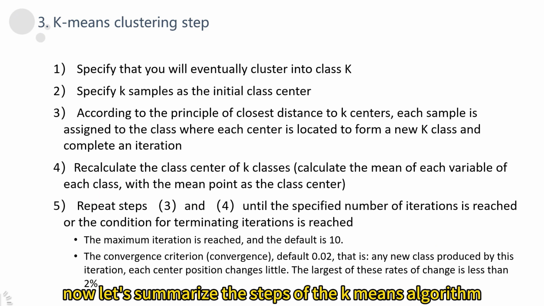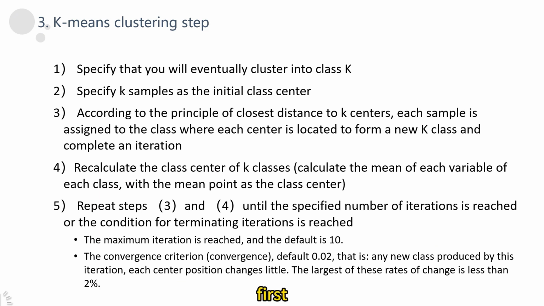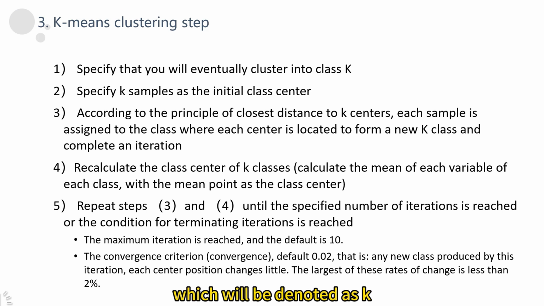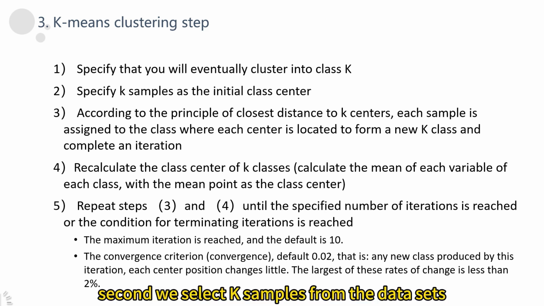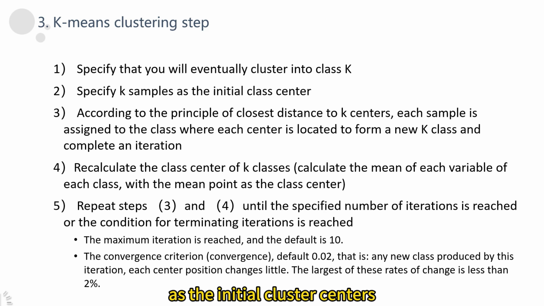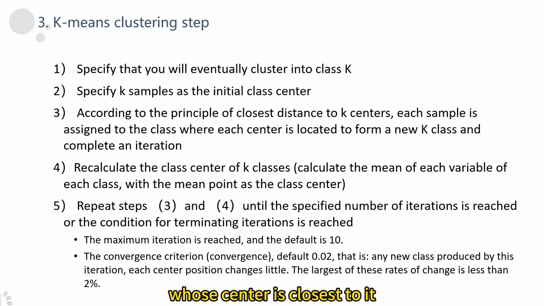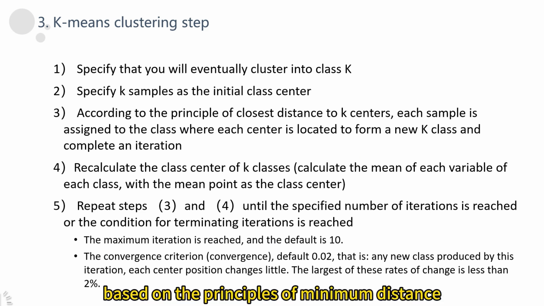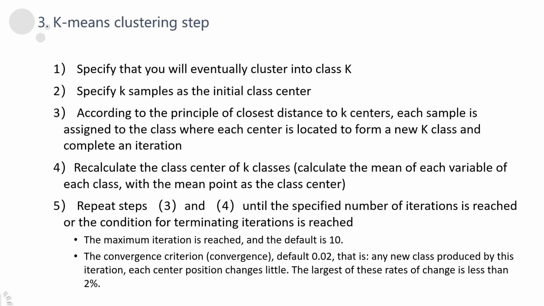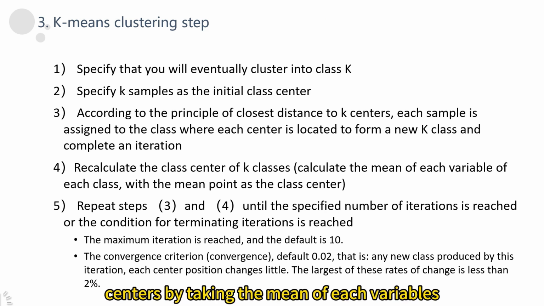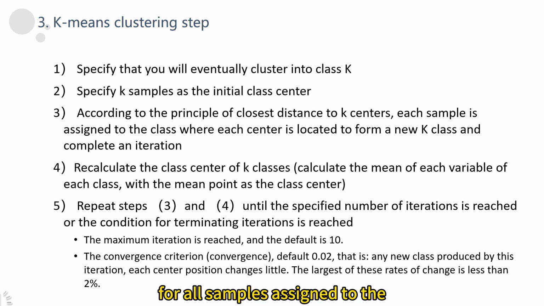Now, let's summarize the steps of the K-means algorithm. First, the K-means algorithm decides on the number of clusters, denoted as K. Second, we select K samples from the dataset as the initial cluster centers. Then, we assign each sample to the cluster whose center is closest to it, based on the principle of minimum distance. And next, we calculate the new cluster centers by taking the mean of each variable for all samples assigned